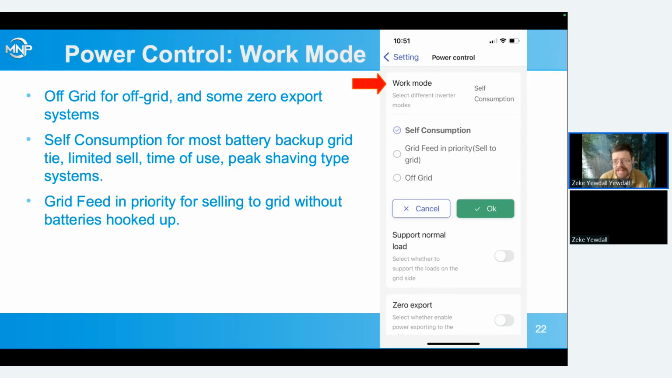Self-consumption, what it does is it tries to power loads from the batteries first, unless it gets down to that reserve capacity, and then it'll switch to powering them from the grid. It can be used for where you don't want to draw from the grid, or when combined with some of the time use functions, it can be used to just draw during certain times of the day from the batteries instead of all day. Off-grid is useful for off-grid systems, obviously,